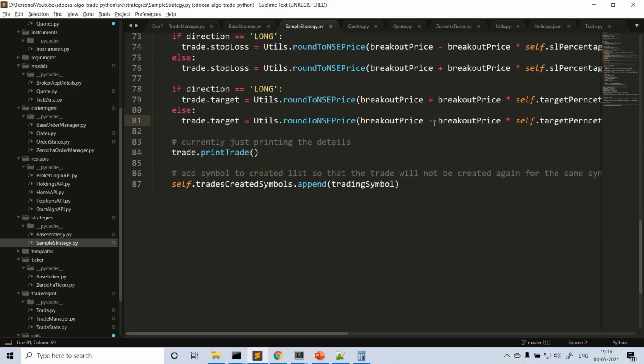As I told you, the trade moves from created, then to active. From active, it can go to cancelled or rejected if the order is rejected. If it is not rejected and it is accepted, then the trade can go to filled state, which means active. After that, the trade manager will take care of placing the SL order and target order, and it will track the trade throughout the day. It will get the orders from the broker every minute and check whether SL hit or target hit, and based on those orders, SL or target order, it will update the state to complete state, and there the trade state will end.